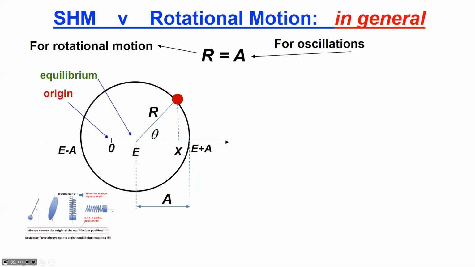And sometimes we may need to figure out how to write that equation if the origin was not set at the equilibrium. Why? I don't know why. Someone just wants to mess with us, but it doesn't matter. We can do everything. It just now, as we can see,